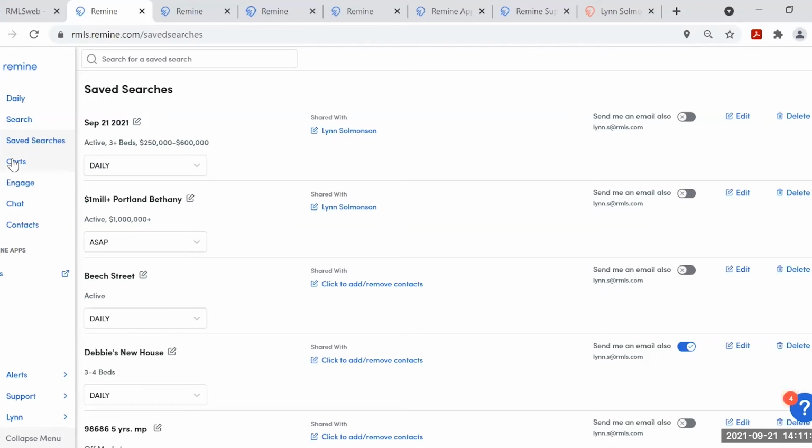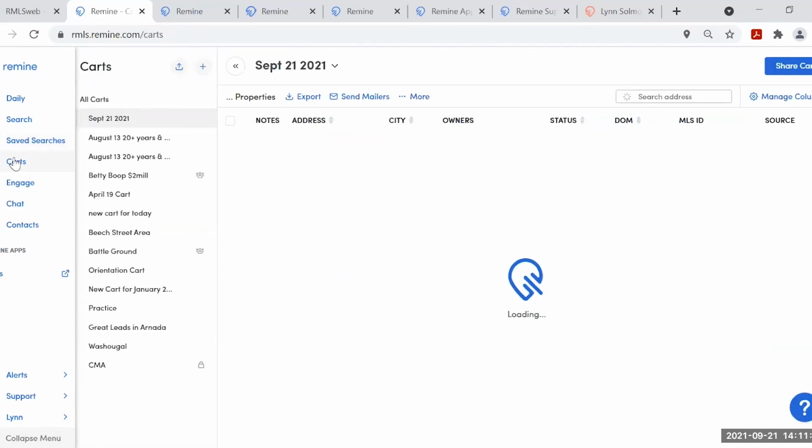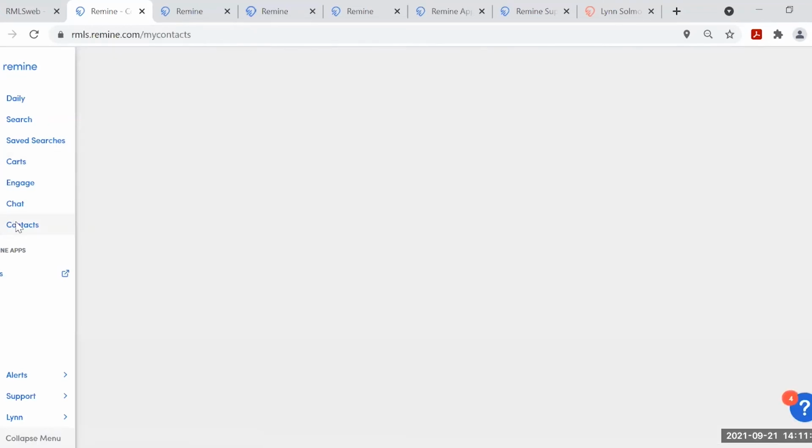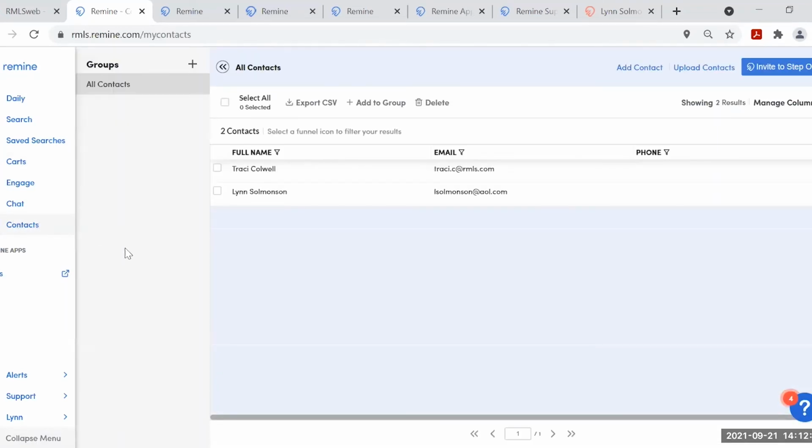Okay, so we visited carts already. I think people are pretty comfortable just from shopping on the internet in general. Carts are pretty easy. So as far as engaging with your contacts, contacts is probably where you would want to initially go if you want to invite a friend or two or a relative or two to interact with you just to try out Remine, if you want to test it before you decide if you want to use it with other clients or not.